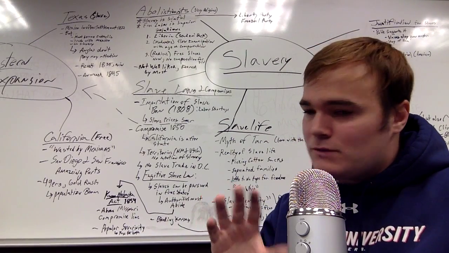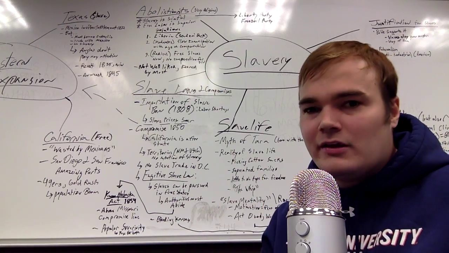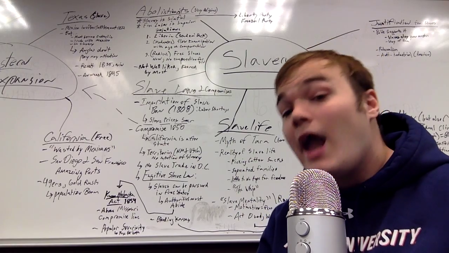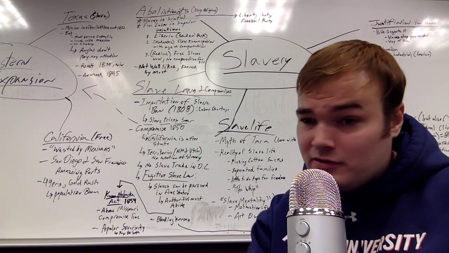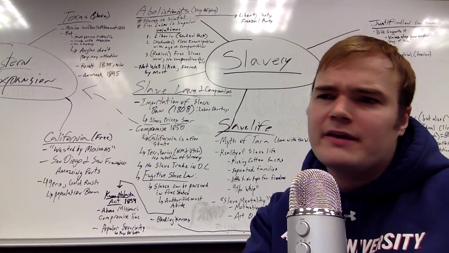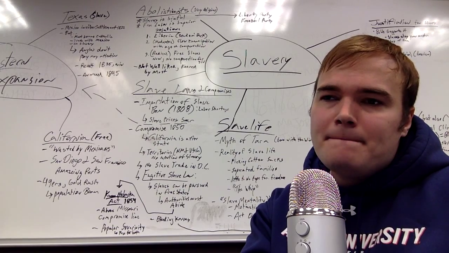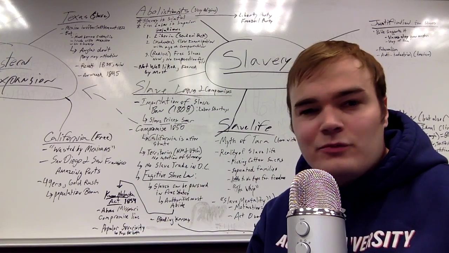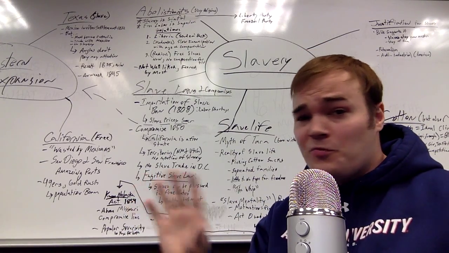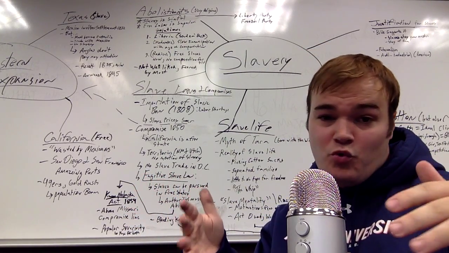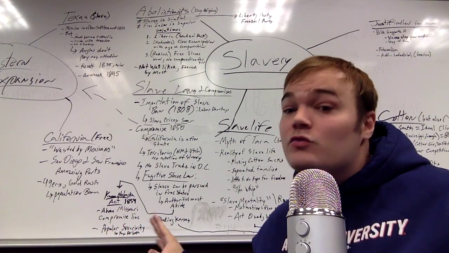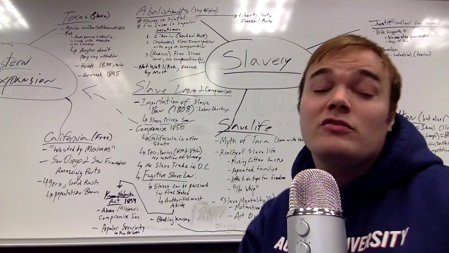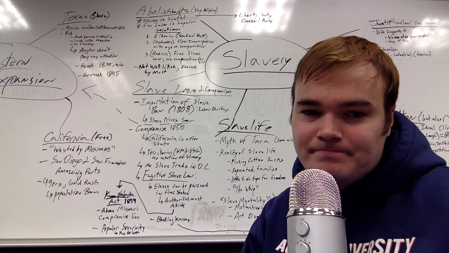That means no slavery in California. It doesn't matter that we got that line going through it. We're just going to make it a free state, all right? The territories, which is all that stuff we got in the Mexican War, stuff like Nebraska and Kansas at the time, Utah, New Mexico, all these guys, we're just not going to say anything about slavery or freedom. We're just going to let it be right now. We're not going to address that issue, okay? There's going to be no mention of slavery in the territories, all right?